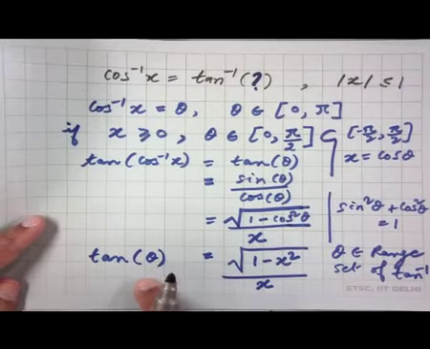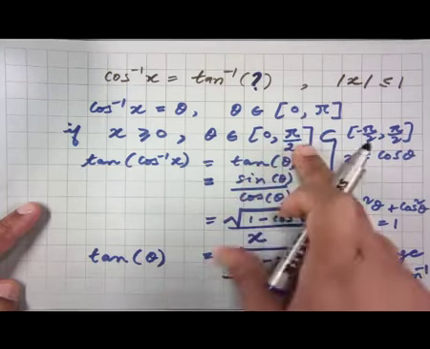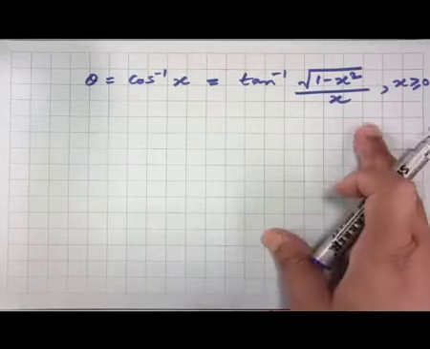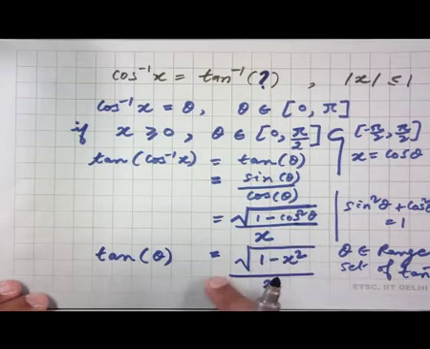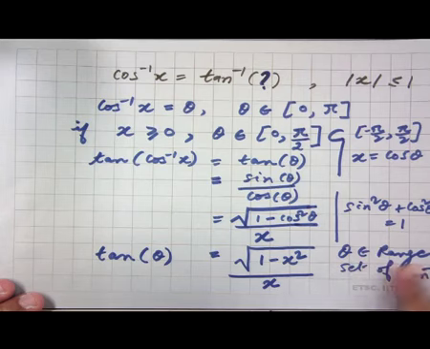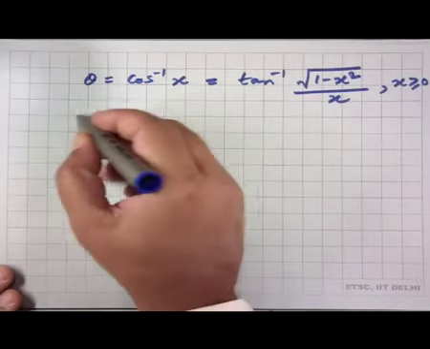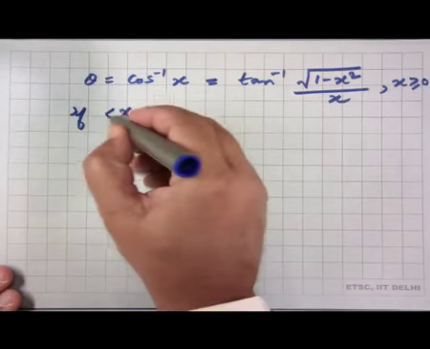So again repeating it, if theta were not belonging to this set, then starting from this statement we cannot say that this is true. The only reason we say that theta is equal to tan inverse of this quantity is because theta is belonging to the range set of tan inverse. And then we take the negative values of x. So if x is less than 0 and of course greater than or equal to minus 1,